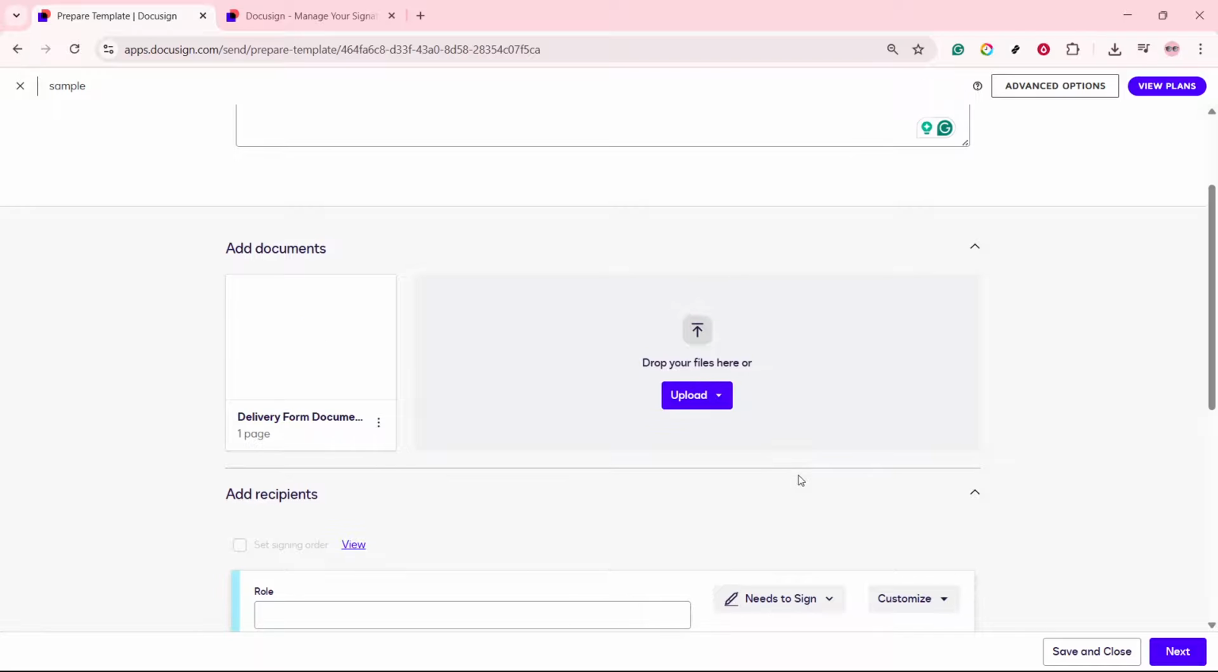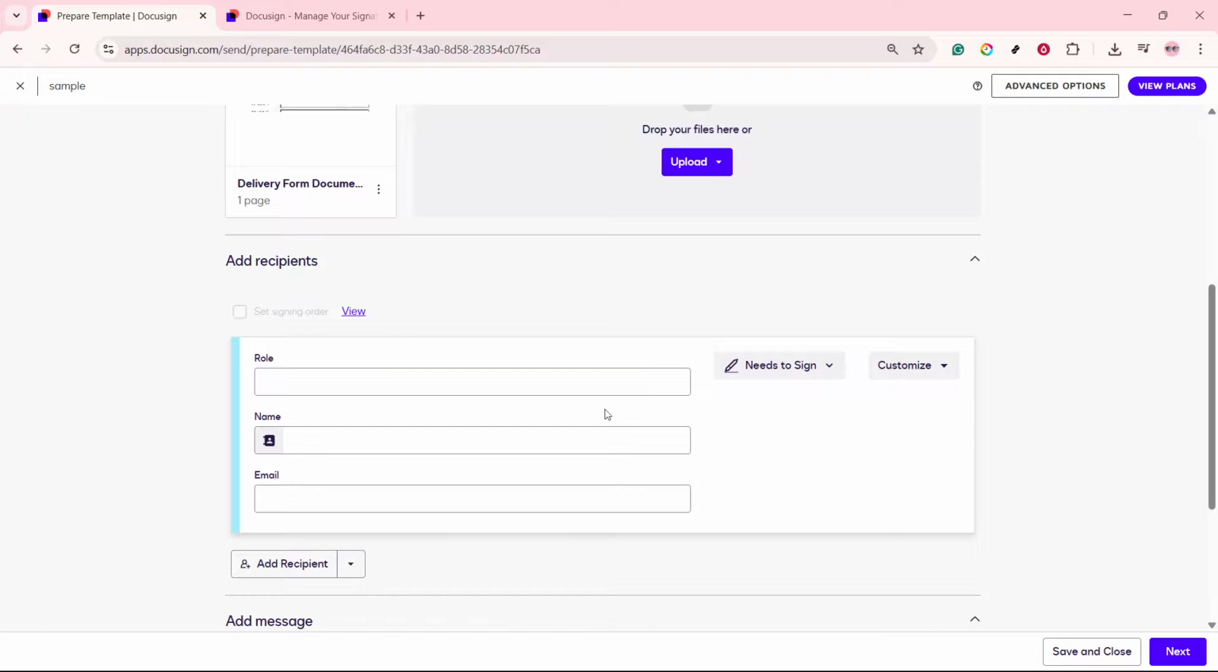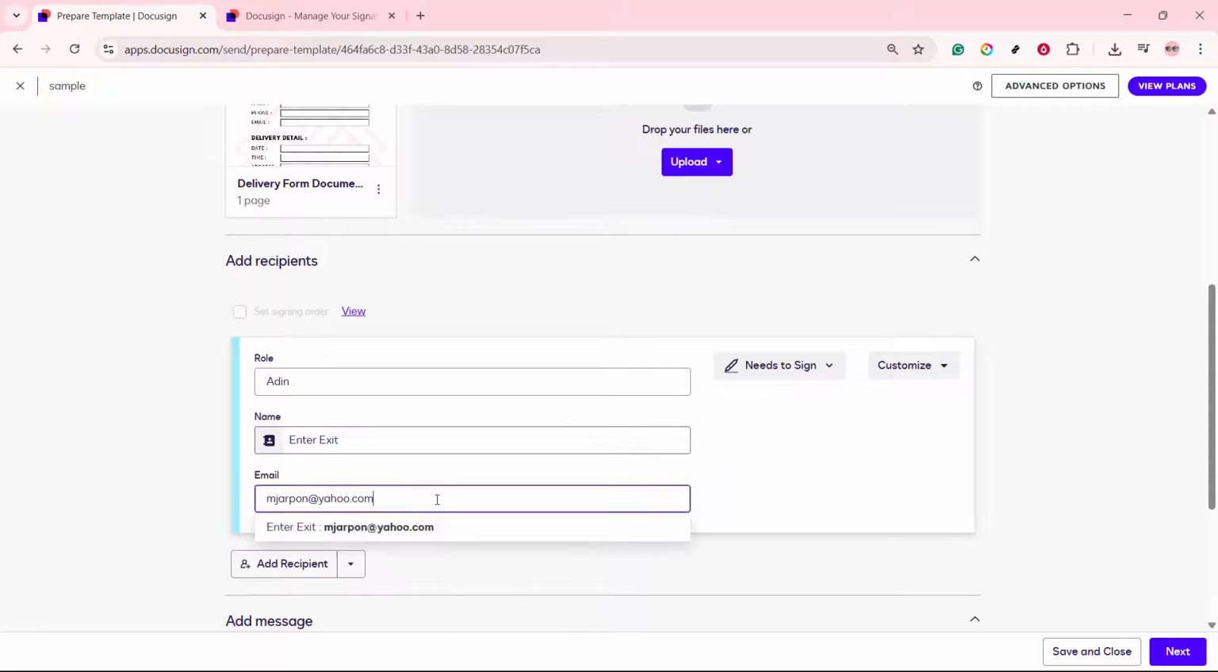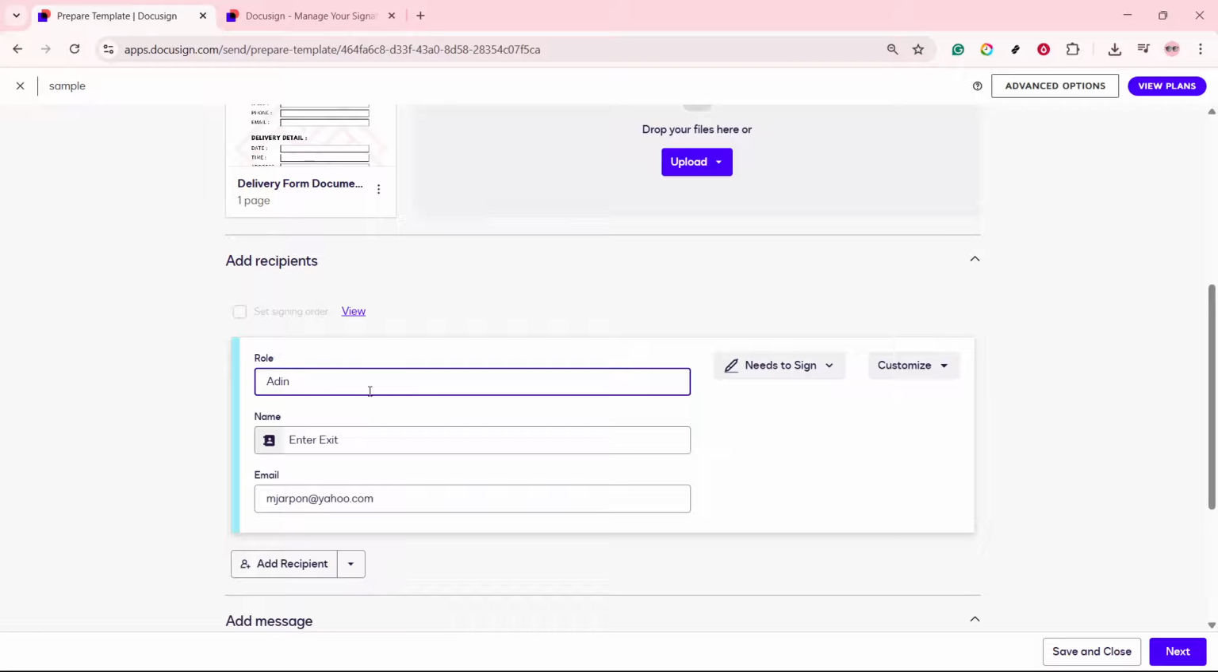The next step is to identify the people who will typically be interacting with this document by adding roles. For each role, you'll need to input a name and email address. This helps streamline the process when you send out the document, as you won't have to constantly re-enter this information. Instead, you can choose from preset roles when sending out the document, making the process faster and reducing the risk